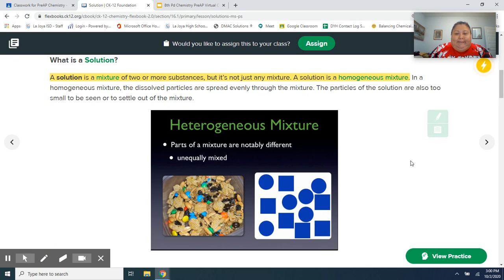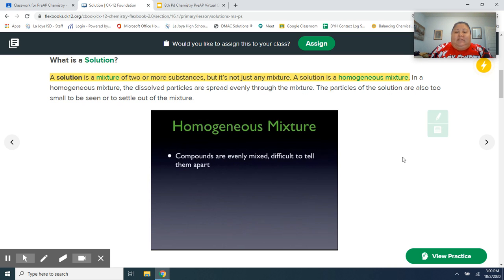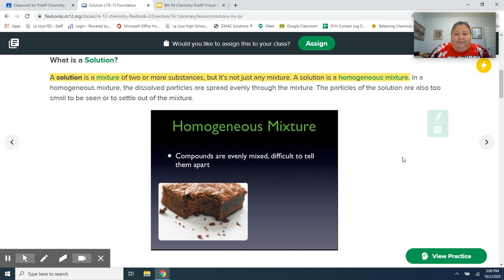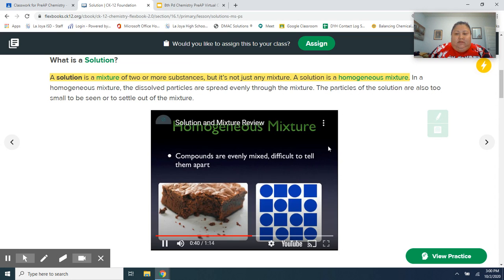Next up is a homogeneous mixture. In homogeneous mixtures, the compounds that make up the mixture are evenly distributed throughout, and it's very difficult to tell them apart. So when Itza or Alexandra or anybody in class is baking a cake or brownies,